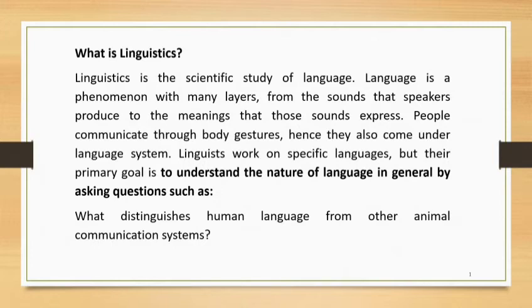But this is also an area of curiosity for linguists, and they try to know what distinguishes human language from other animal communication systems. And do you know, it is said that Prophet Solomon could communicate with birds. He could understand their language. He could understand what they were talking, and they would gather around him and discuss their things with him. This we have read about Prophet Solomon. I hope you too must have read or heard from your teacher.